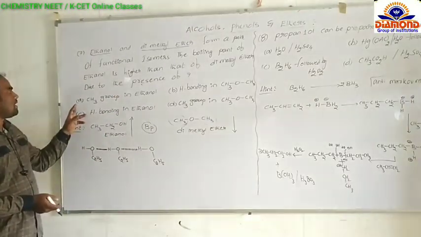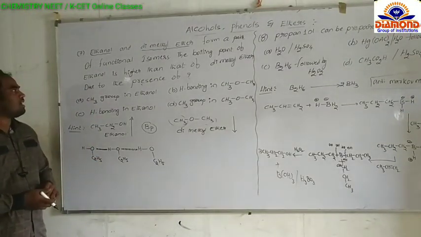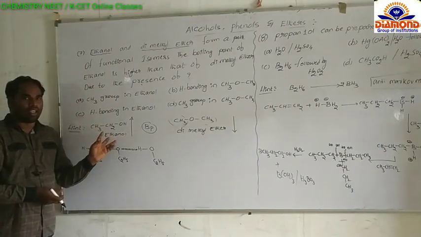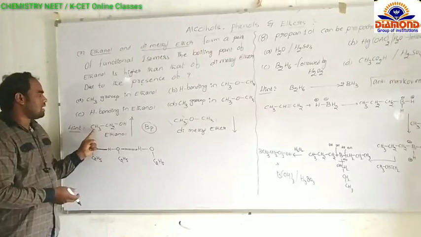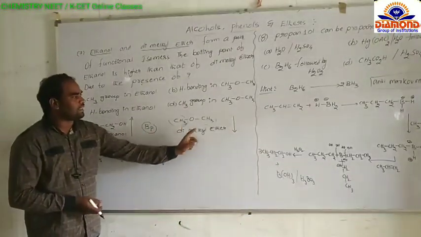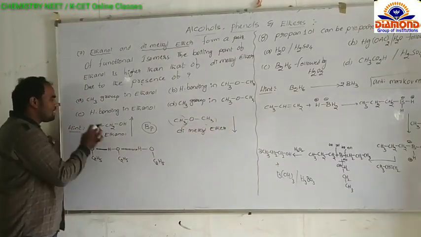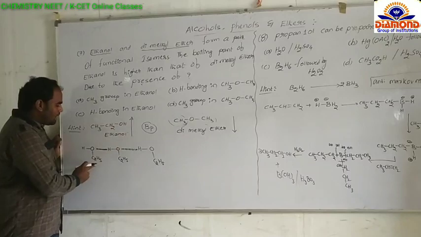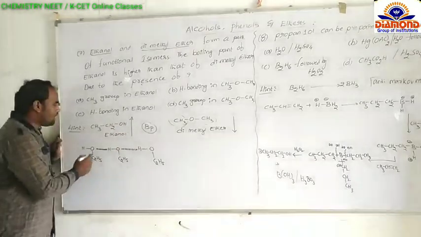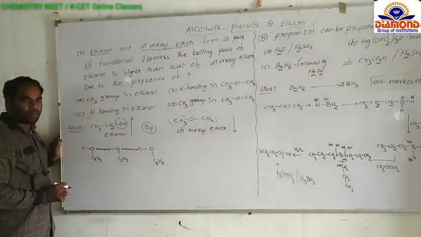Okay, so these are the options, and now we want to find out the answer for this question. See students, for this question, this is a hint. Ethanol, CH3CH2OH, has more boiling point, but dimethyl ether has less boiling point. What is the reason? CH3CH2OH is also written as C2H5OH. In this ethanol, OH groups, hydroxy groups, are present.